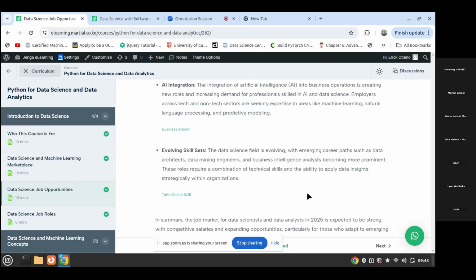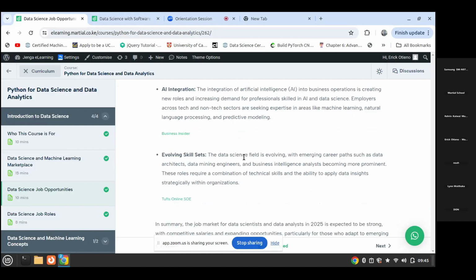We also have an evolving skill set, in such a way that the data science field is evolving with emerging careers. Now we even have people called data architects, data mining engineers, and business intelligence analysts, and they are becoming very prominent.